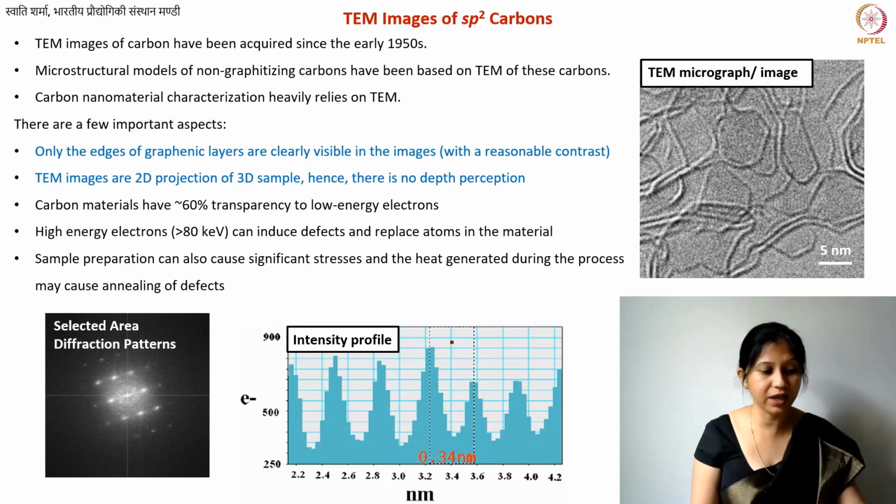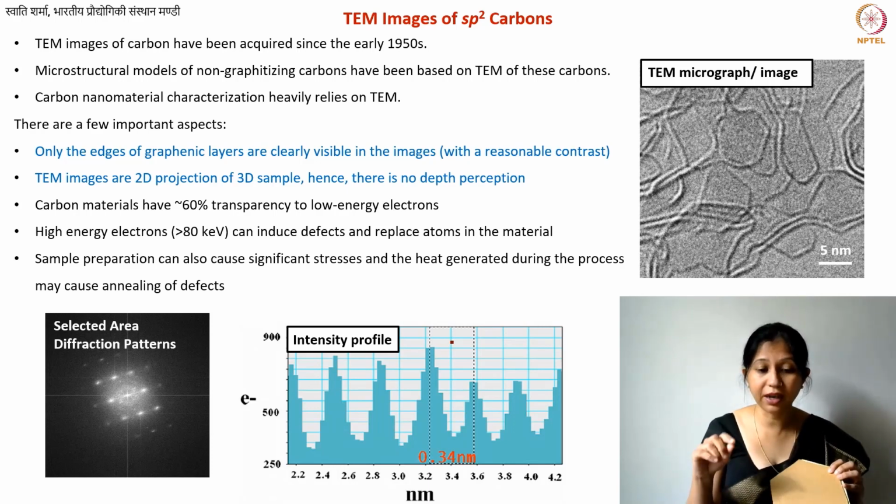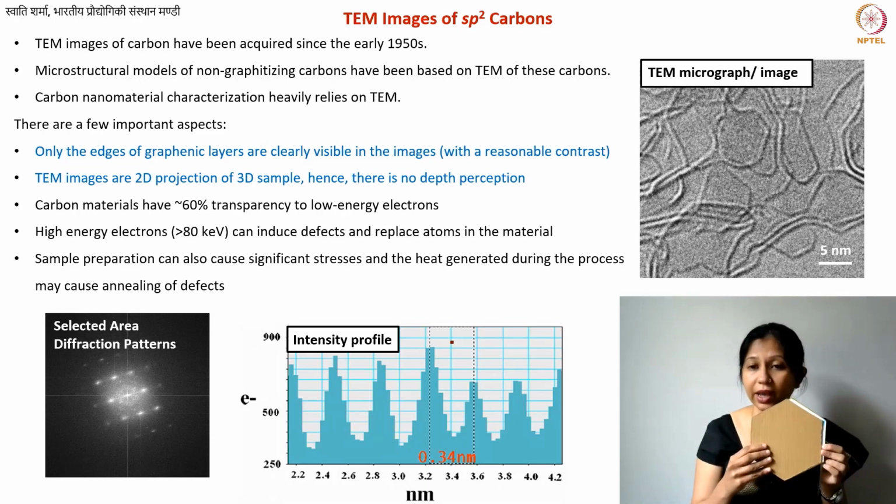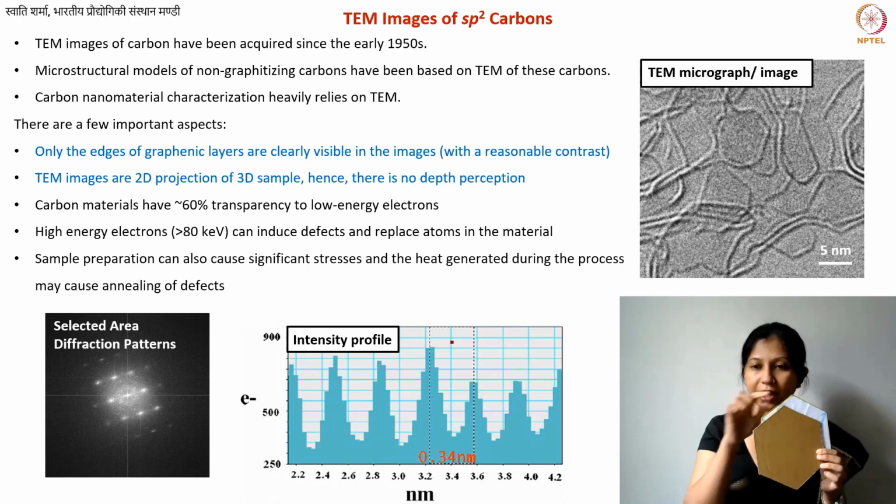Or in the case of TEM images, if you are finding a separation that is very much larger than 0.34, you might actually be looking at the top view and not the stacks. So you might actually be looking at something like this, this white line and then this brown one.